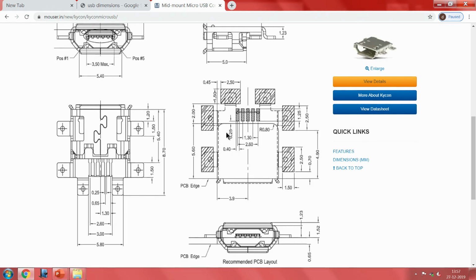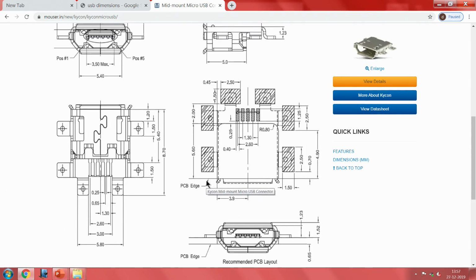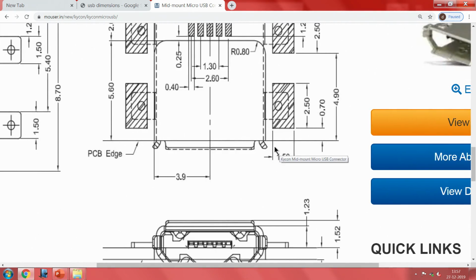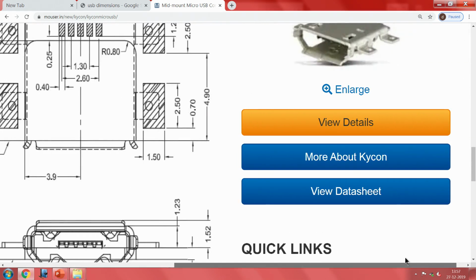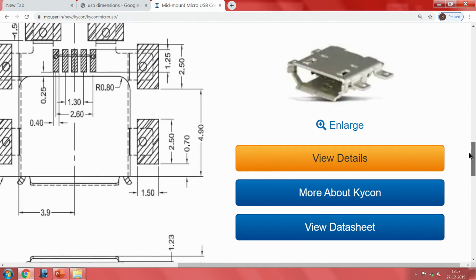Here the most important thing you will notice is that something very important has been marked here, that is the recommended way of mounting if you want the final assembly usable.